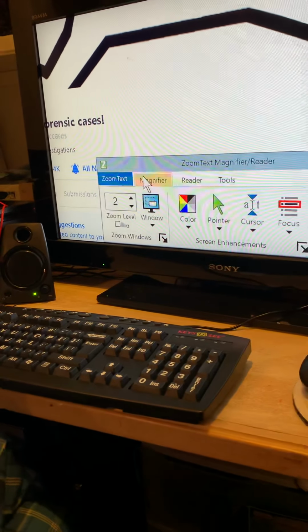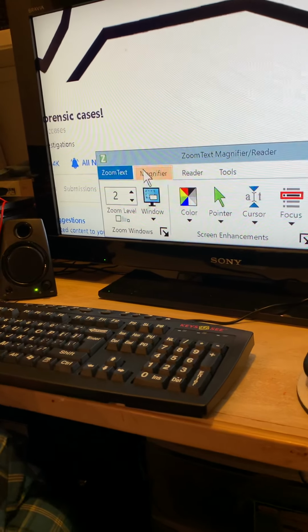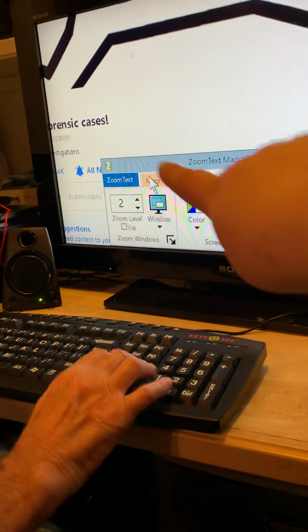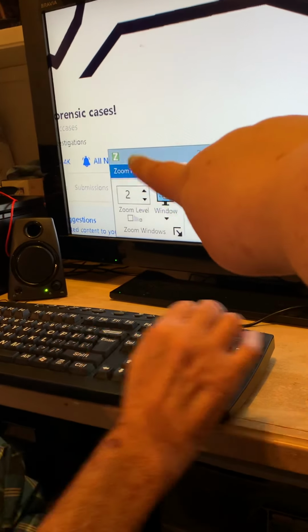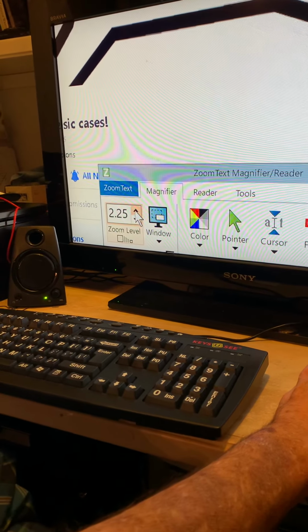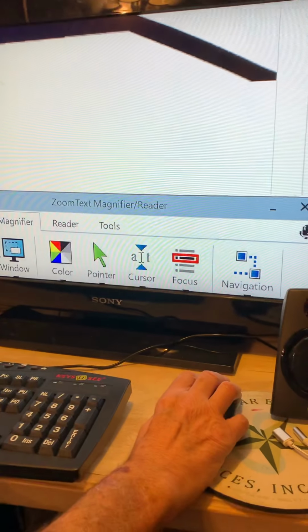Okay. So right now it's at 2 times magnification. That's what that 2 means. So if you click the up button right next to the 2 with your mouse, see how it says 2 and then there's a little up and down button? Yeah, so we use your mouse first and then click it up. 2.25. And you can see it's getting bigger. And the text over there to the right,